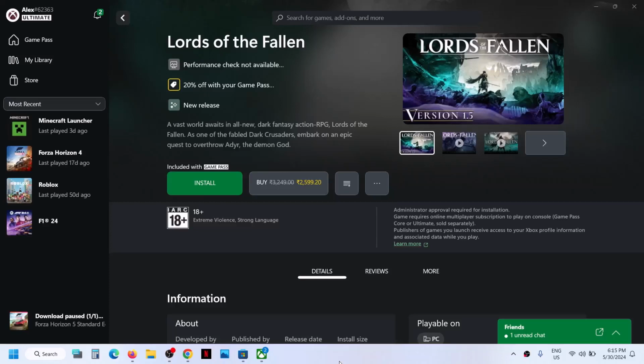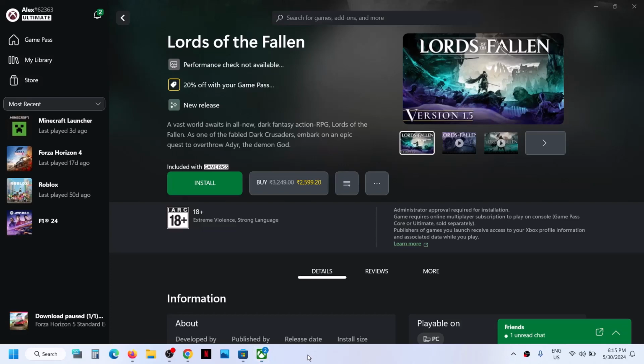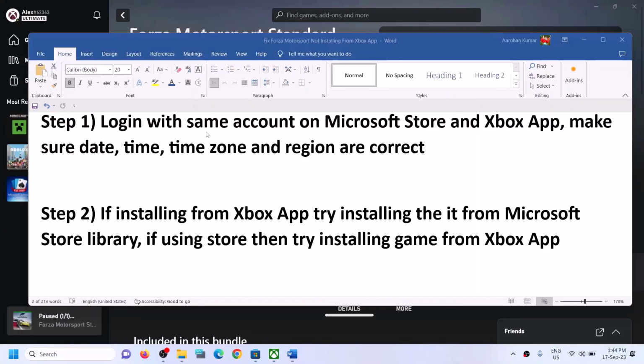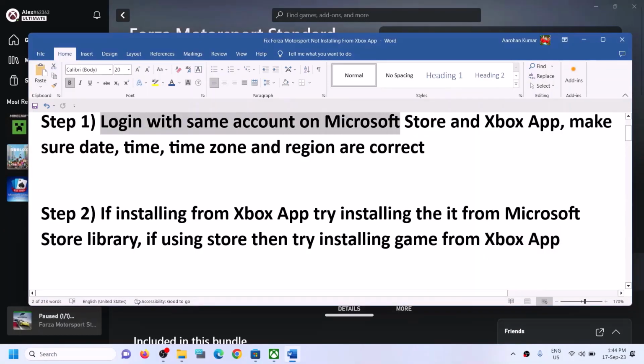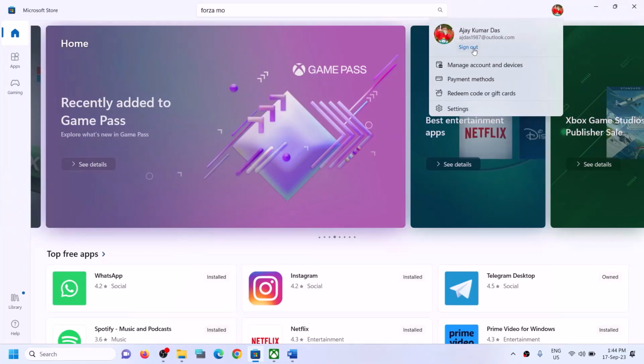Today in this video I'm going to show you how to fix when you're unable to install the Lost Fallen game from Xbox app, or if you're unable to install it from Microsoft Store, then please follow the steps shown in this video. The first step is to log in with the same account on Microsoft Store and with the same account on Xbox app. So open Microsoft Store on your computer, and on the top right here you can see a profile icon. Click on it, then click on sign out,